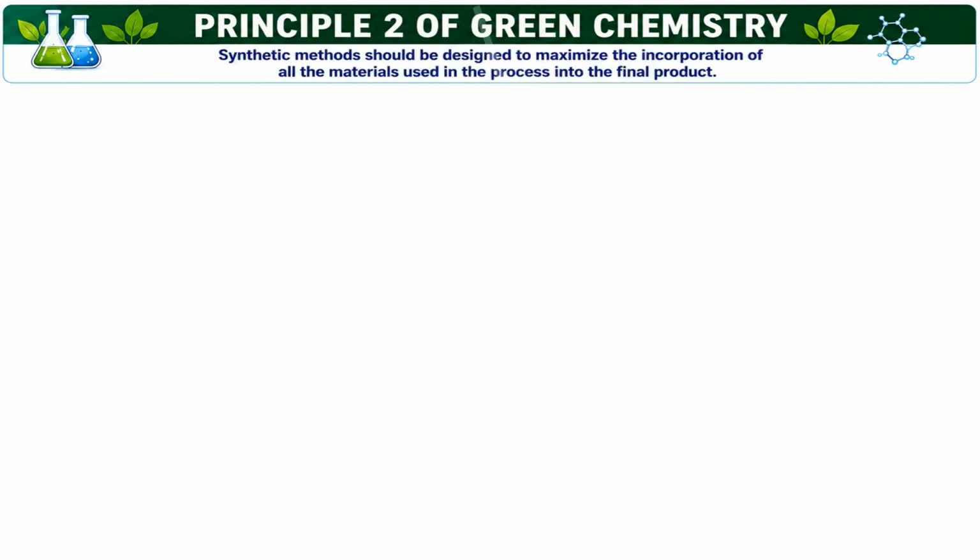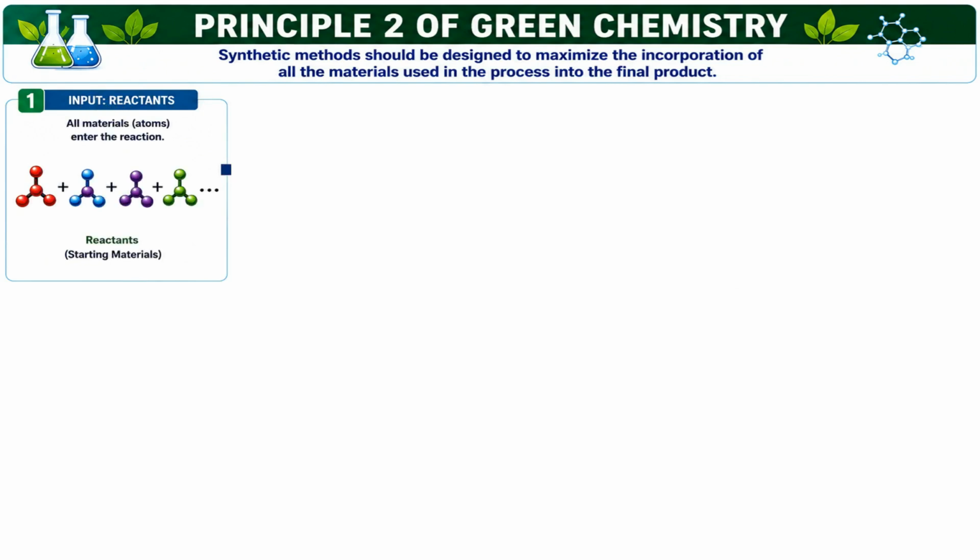Let's move on to Principle 2 of green chemistry. This principle states: synthetic methods should be designed to maximize the incorporation of all materials used in the process into the final product. In simple terms, we want every atom we start with to end up in the final product, not as waste. The input for any reaction are reactants, and we desire that all atoms from these materials enter